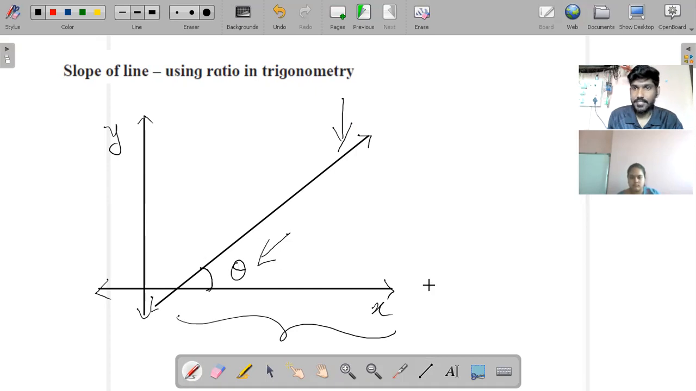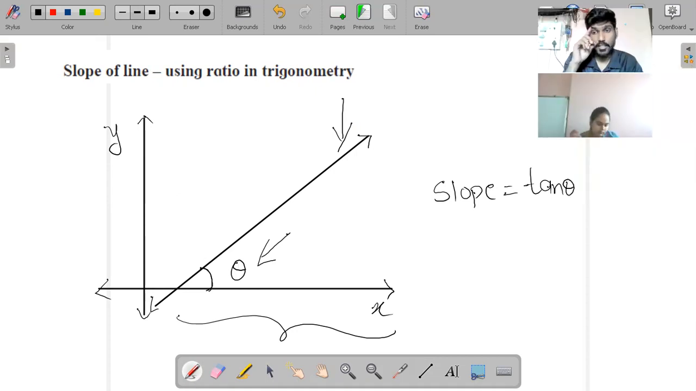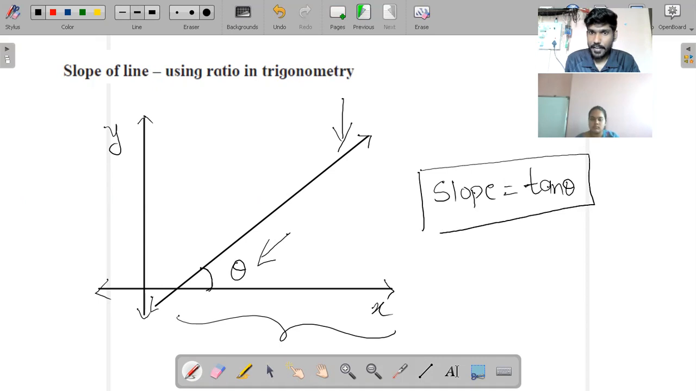So suppose this line makes an angle theta, then slope will be equal to tan of theta. So you'll have to remember the trigonometric table values. We'll do that also. That is also quite easy. Sine 0, sine 30, tan 0, tan 30, tan 60, tan 45, and tan 90. These values you will need to know. Directly, if you find out the tan theta value, that will be the slope of this line, and